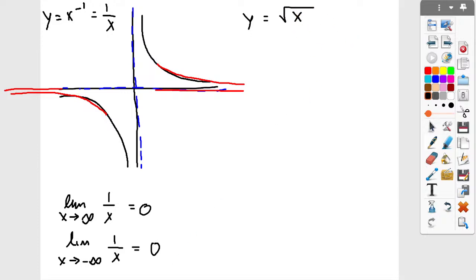Now, I don't know if they're gonna make you learn the x to the 2/3 and x to the 1/3 as well. Those are pretty nice functions, but they're not very necessary. But they're pretty cool. Check them out if you want to. But y equals square root of x